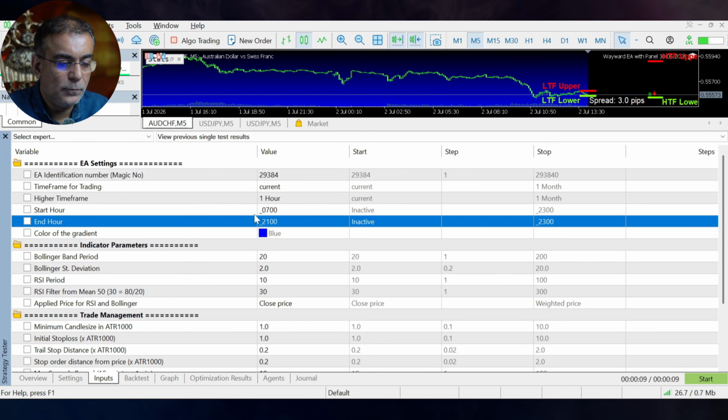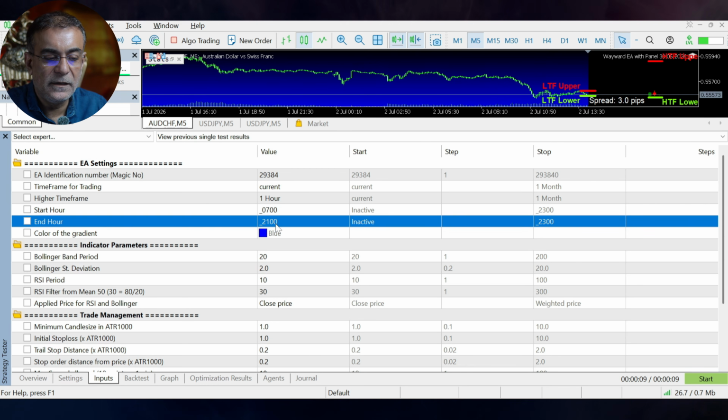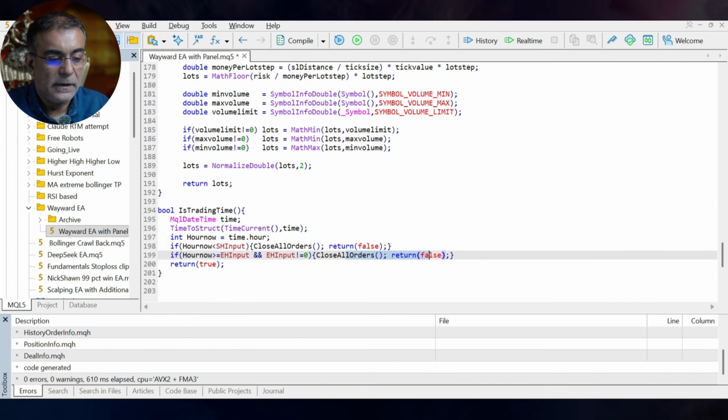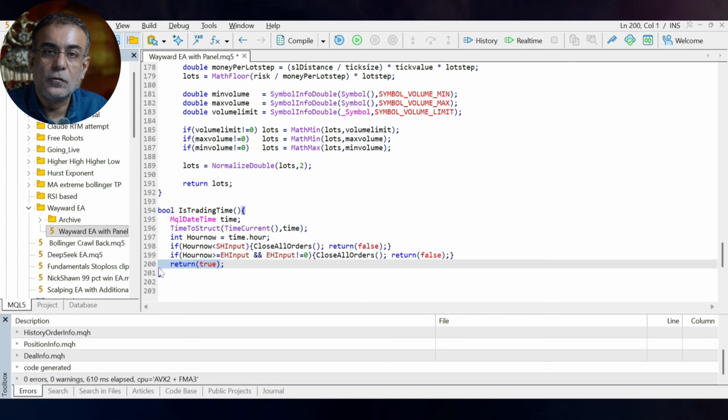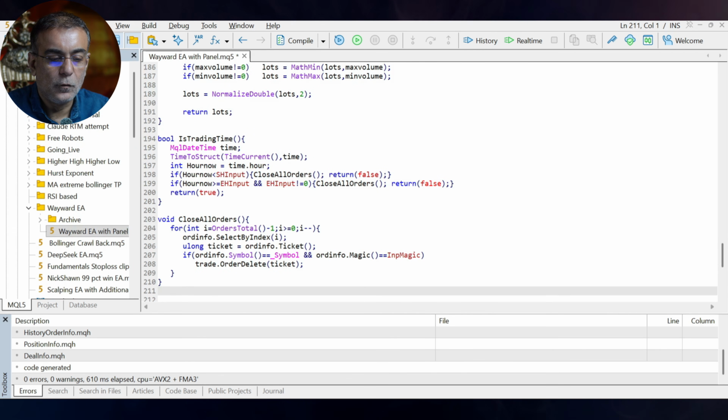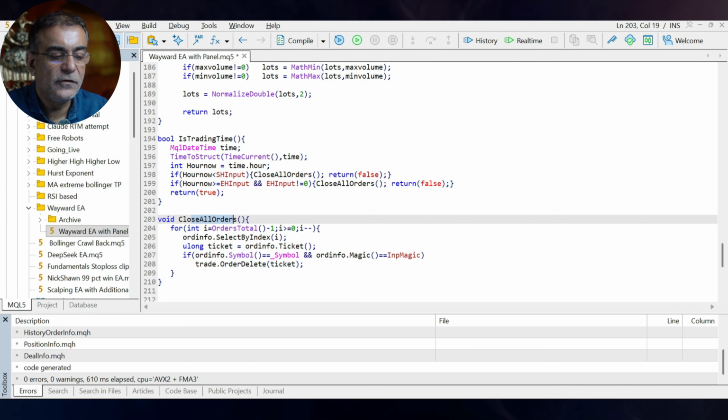So we're checking both possibilities. Is smaller than this, close all orders. Bigger than this, close all orders. But if it is neither this nor that, then in that case, return true, that we are in the trading time. And then because we are calling the close all orders, we're going to write a function for the closing